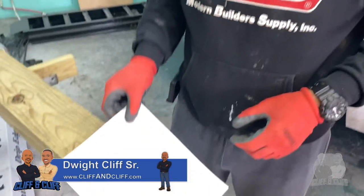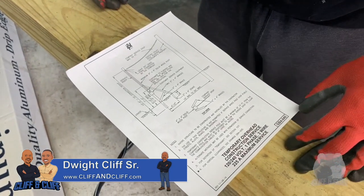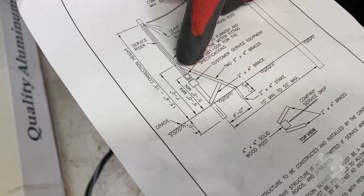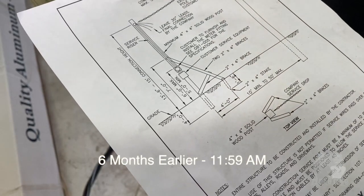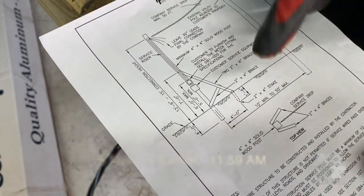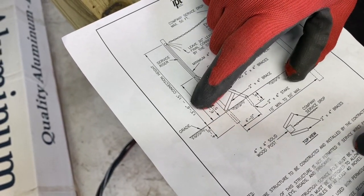Here this morning putting together our service pole for the job site here at the office. So we got this IPL diagram for how they want the pole set up. You got the meter height for us, also the bracing for the pole to keep it up, and how deep they want it into the ground. That's not important right now, just important how we set it up. And they want at least 13'6" to the top of your